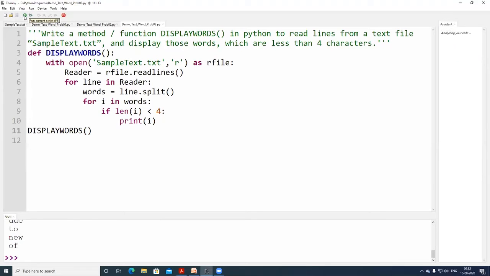See, of is a 2-letter word, new, to, due, lot, my, is. These are the specific words with fewer than 4 characters. Now let us move on to the next problem.